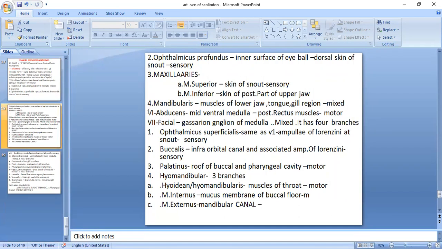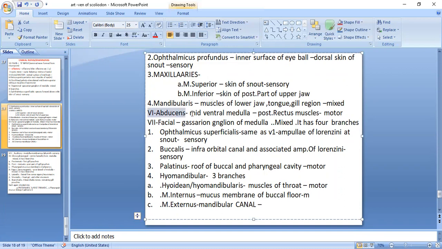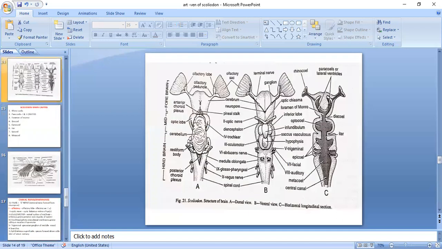Yeah, the sixth one is abducens. It is produced from the mid-ventral area. From the mid-ventral part of the medulla, one pair of abducens nerves is produced, from the midventral part of the medulla oblongata. Okay, then